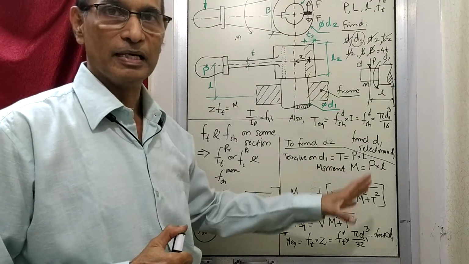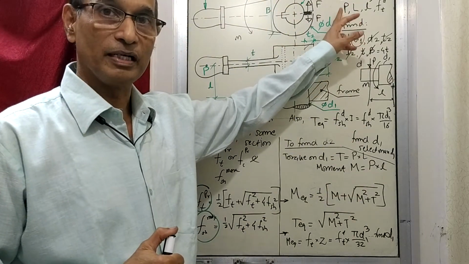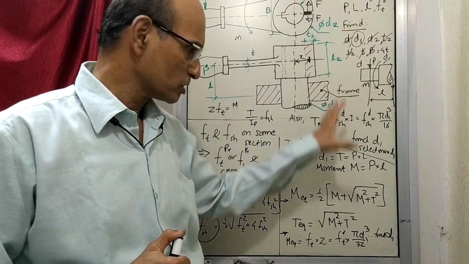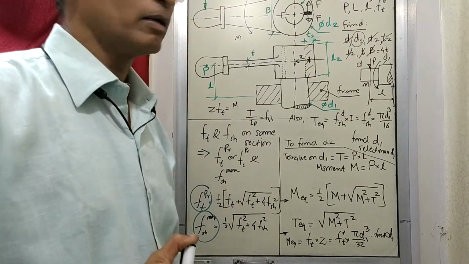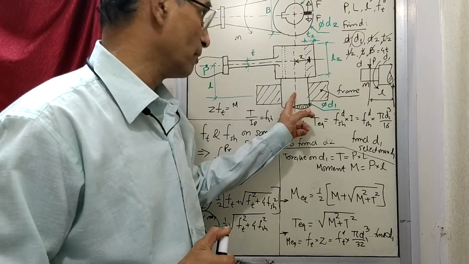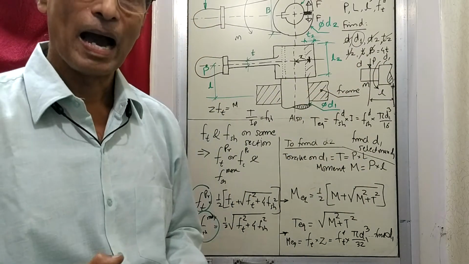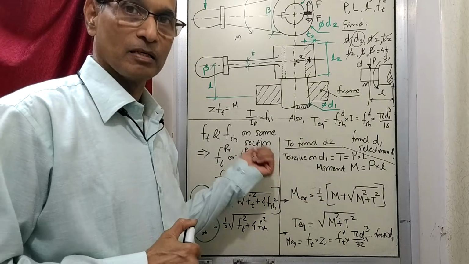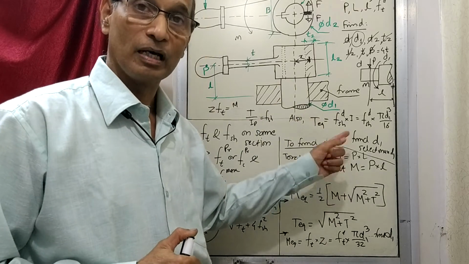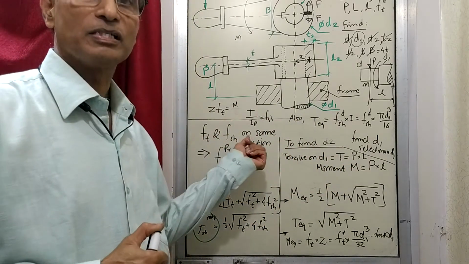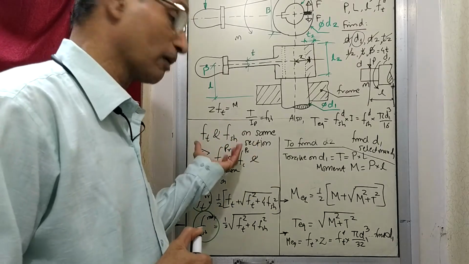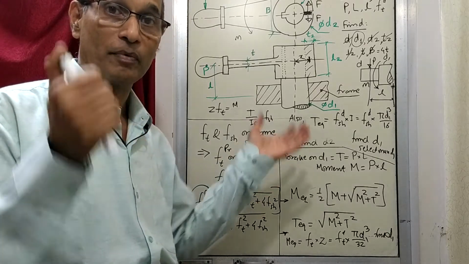If it is a hand lever like this, the data in the question is given, P, what you can apply by hand, and then this is called a foot lever. And all the different parameters we have designed. Out of that, D1 was a dimension which we designed by considering principal stresses, because this section was experiencing torque and moment, creating tensile stress and shear stress, which cannot be added straight away because they are producing principal stresses, as a combination of these two stresses.